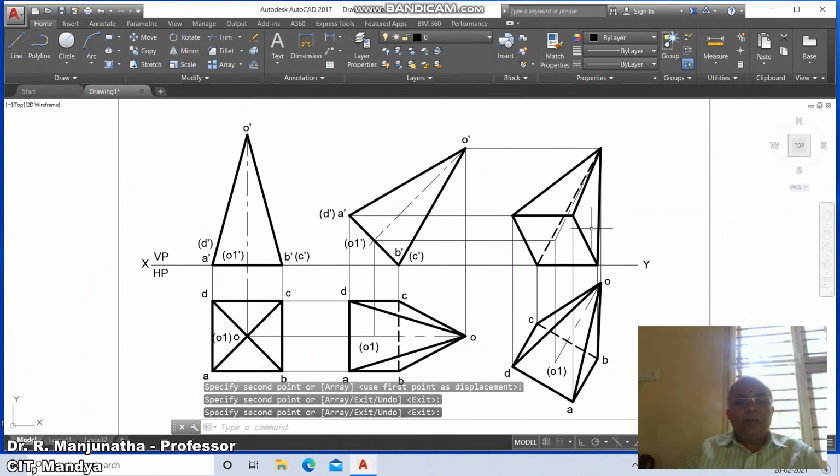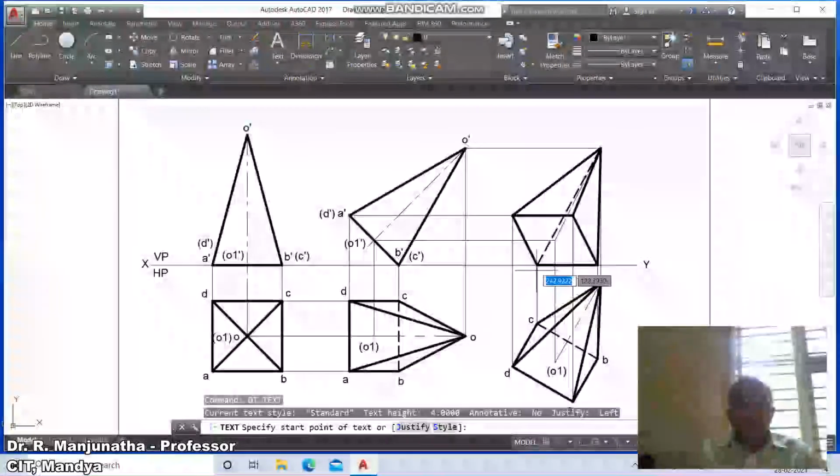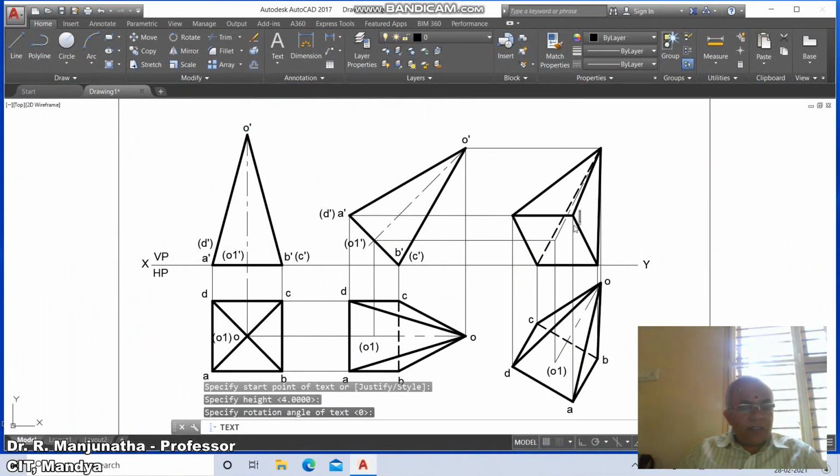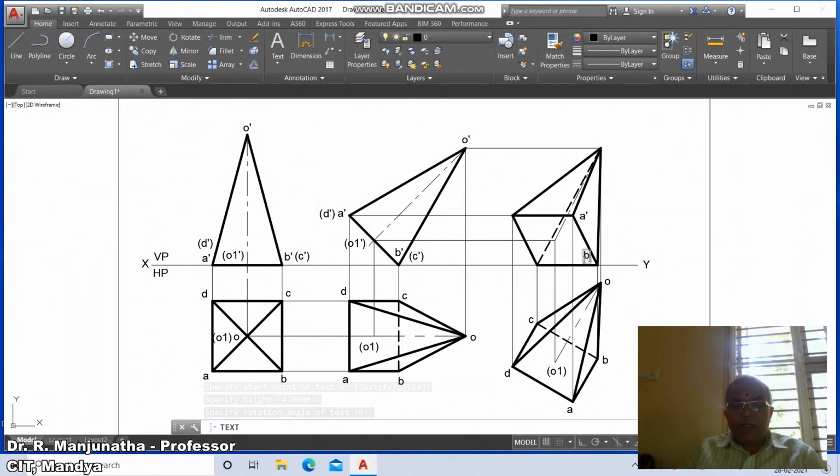Now once you do that, we will go for the text. So here, this is A dash, then this point will be B dash, this point will be C dash, this point will be D dash, and this will be O dash, and this will be O1 dash visible.